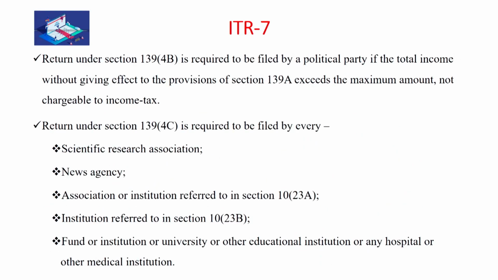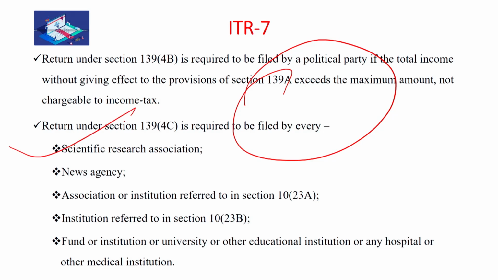in the case of ITR 7, return under section 139 4B is required to be filed by a political party if the total income without giving effect to the provisions of section 139A exceeds the maximum amount not chargeable to income tax. Return under section 139 4C is required to be filed by every scientific research association, news agency, association or